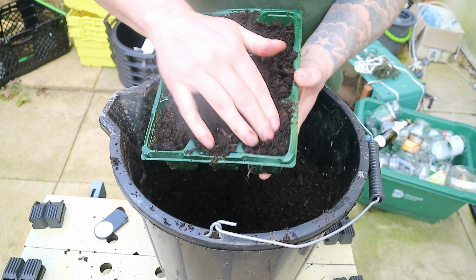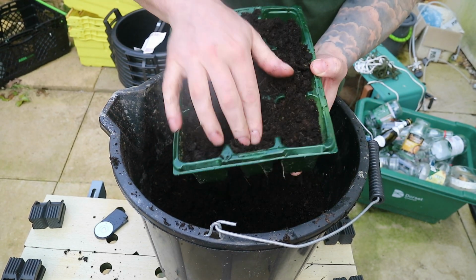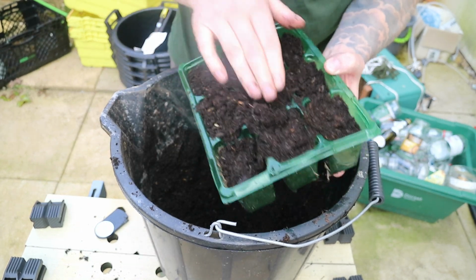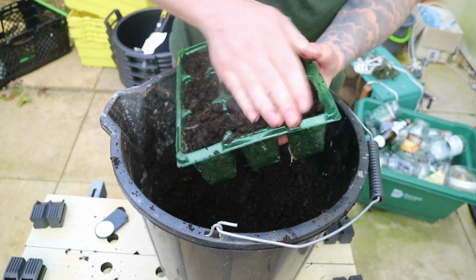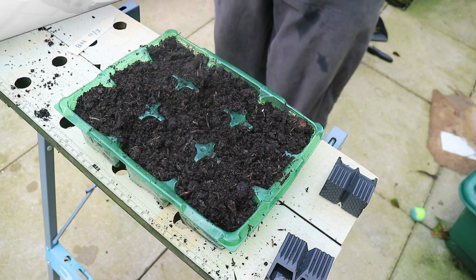Fill the modules, get your compost compressed down into there, and then top them up if needed. I'm going to plant squash about 1 inch deep,